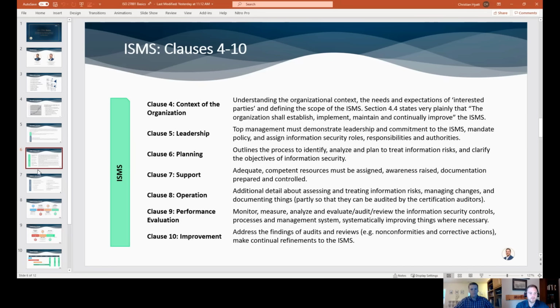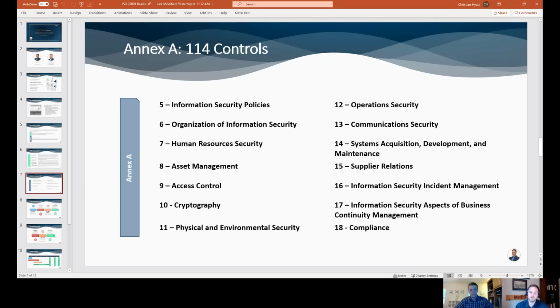Great. So let's bounce into Annex A or ISO 27002 and talk about the 114 controls. So you mind giving us an overview here? Yeah, absolutely. So each of these categories kind of gives you an idea of the controls that are involved. Some of them only have a handful of controls. Some of them, like Section 12, have quite a few, as well as like access control. But Section 5 is about your policy.